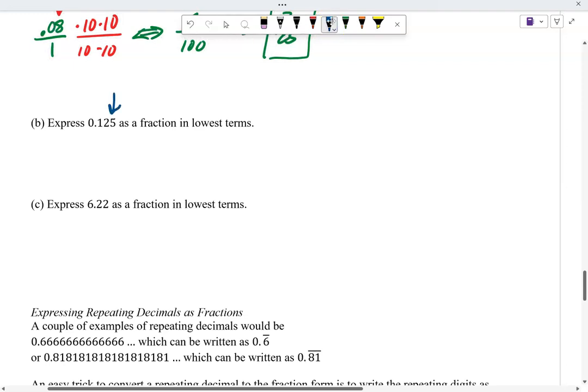Is in the thousandth position: tenths, hundredths, thousandths, the third spot. So I'm going to write that as 125 thousandths, right? As long as I can read that, I should be okay. And then 125, that ends in a 5. Remember, if it ends in a 5 or a 0, it divides by 5. So that's 25, since 5 times 25